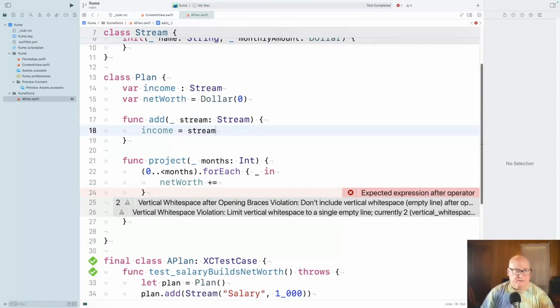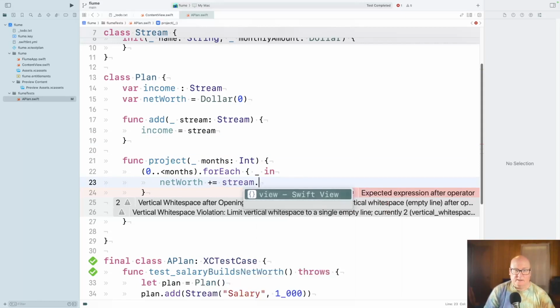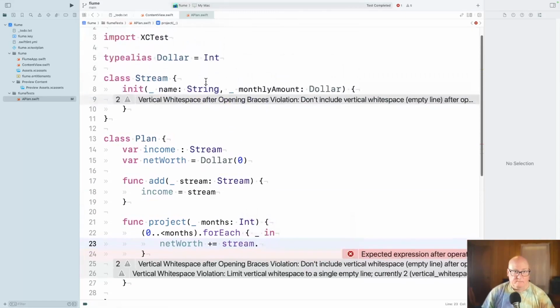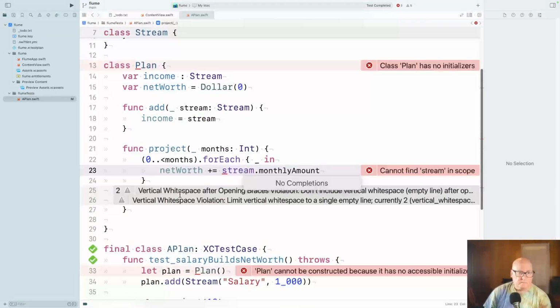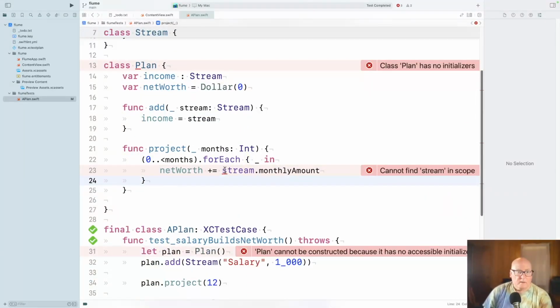Okay, so I'm backing off on the array thing, so I don't have to iterate through that. Stream dot monthly amount. Income.